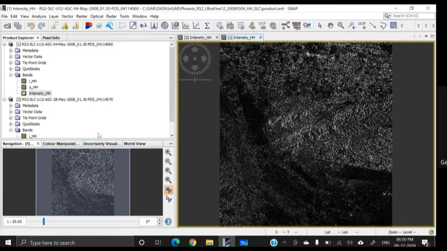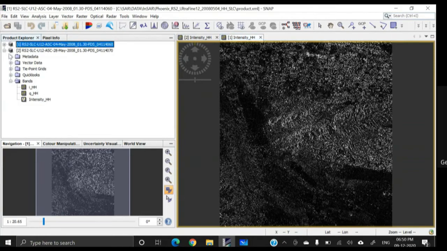Therefore, we shall subset a specific portion to reduce the image size, and then work on the subset image. Our intention is just to demonstrate the process.